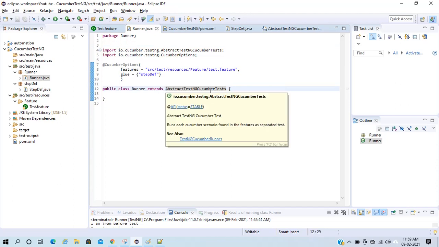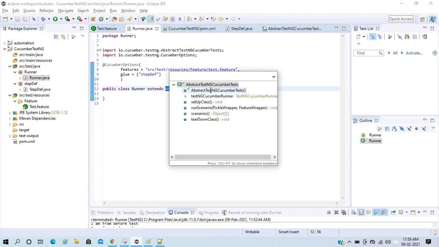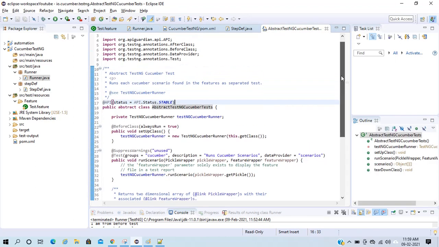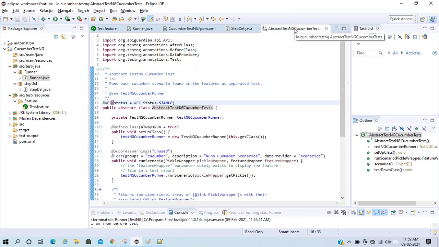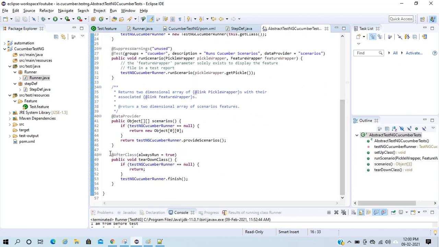In this Cucumber test class, this is my dot class, so this is my binary. We have some methods here: we have before, we have test, we have data provider, and we have after class.